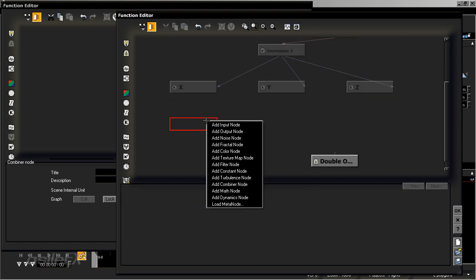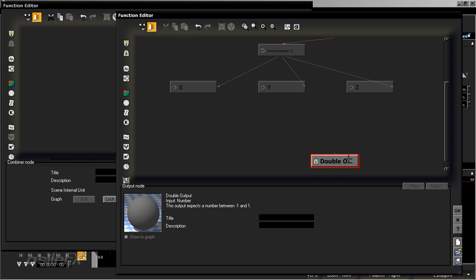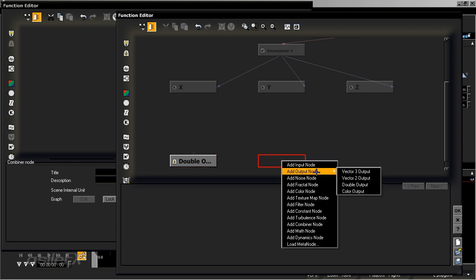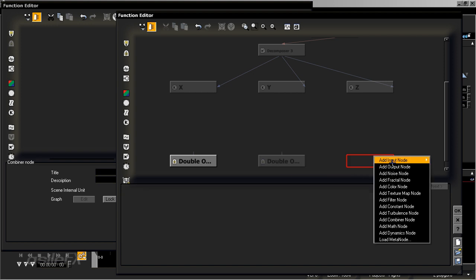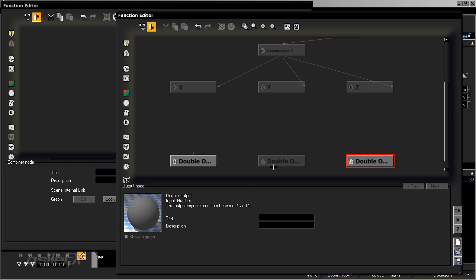So now what we need to do is add in our output nodes. Now we already have a double output which has been created. A double output is a number output. So we're going to need 3 number outputs. Right mouse click, add output node, double output, and do that again. So now we have our 3 outputs, and we can rename these x, y,